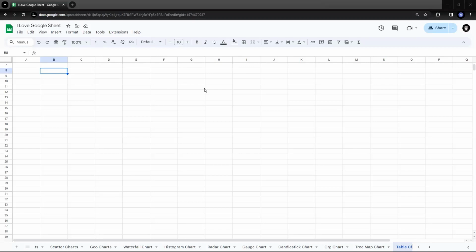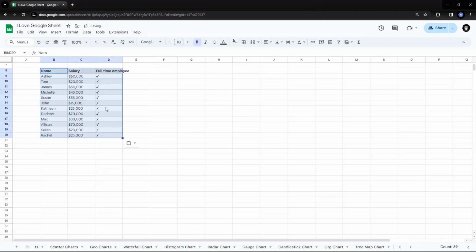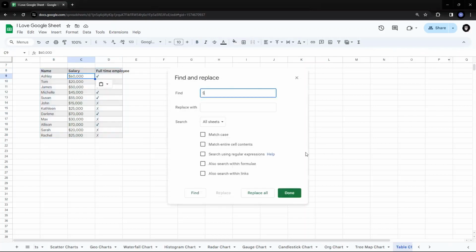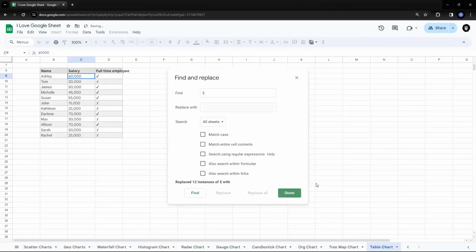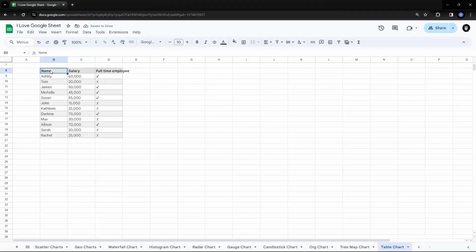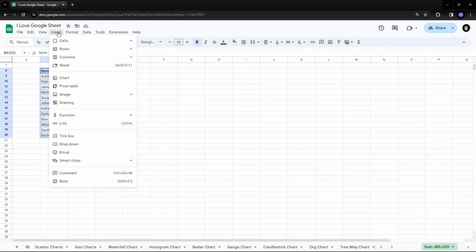Let's understand this quickly. Suppose I have this data of employees with their salaries, and I want to create a table chart for all of them. I'll just make all the salaries as values. Now, what we can do is select this data, go to chart from the formatting bar or go to insert chart,